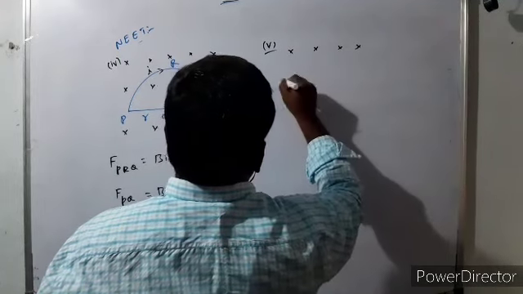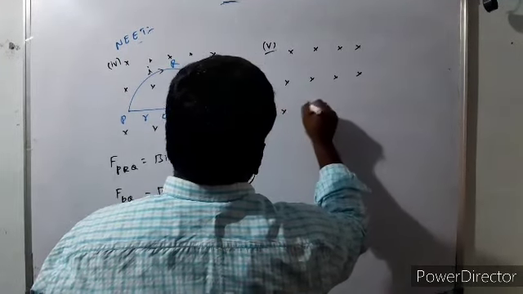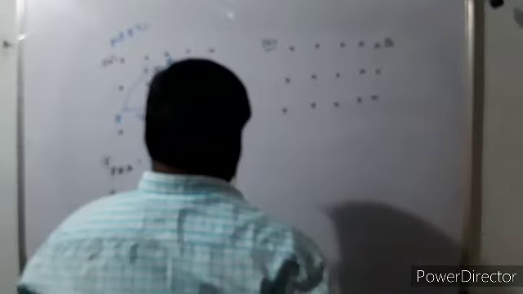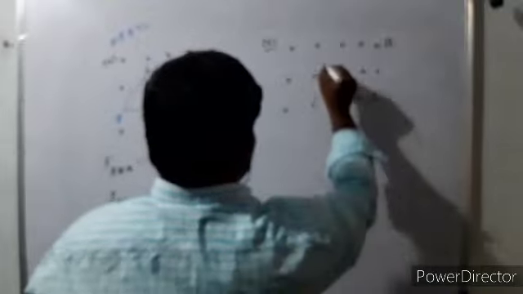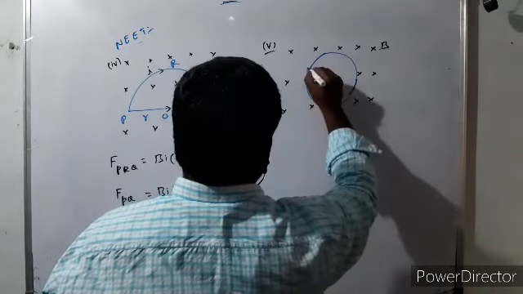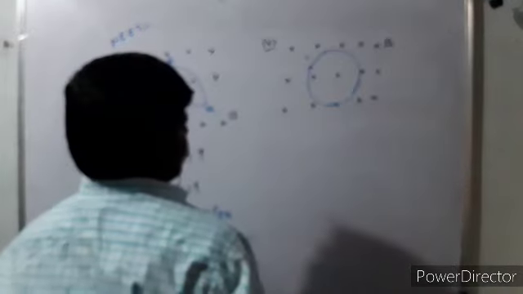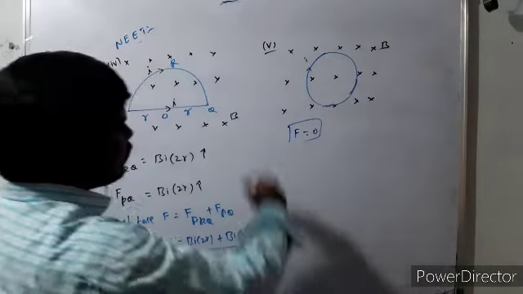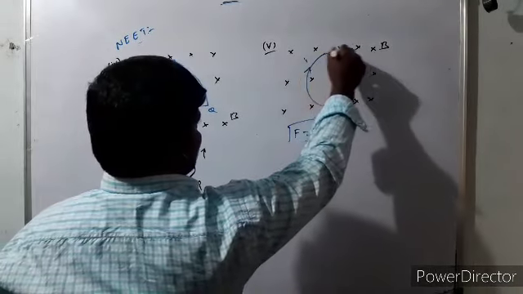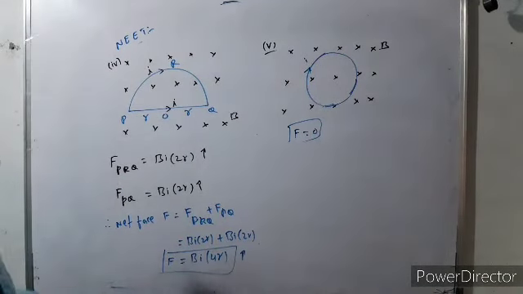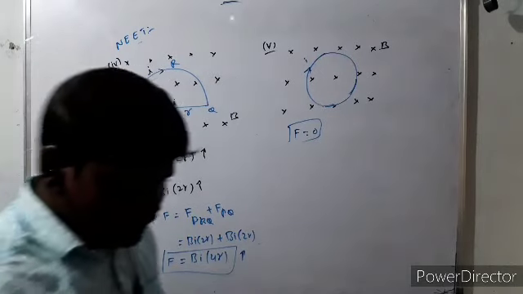Magnetic field. Consider a region in which the strength of the magnetic field is B. Now in this I am considering one circular closed loop carrying current I amperes. Now what is the magnetic force? F is equal to how much? Zero. Why? Here the current is forming a closed loop. Therefore, net force is zero.